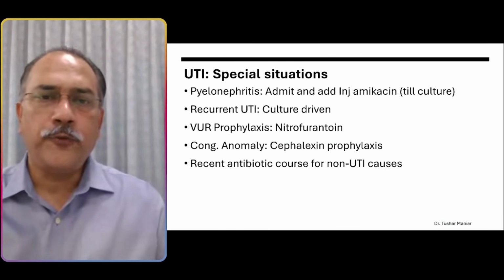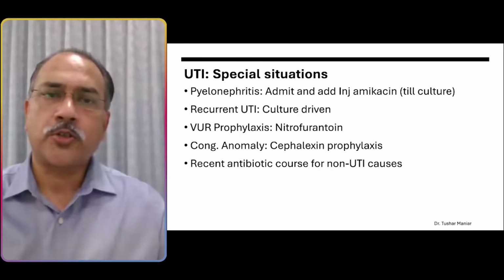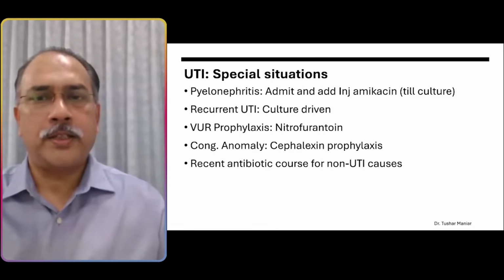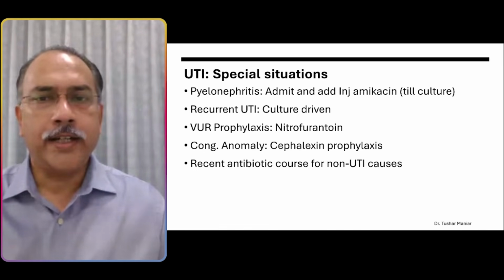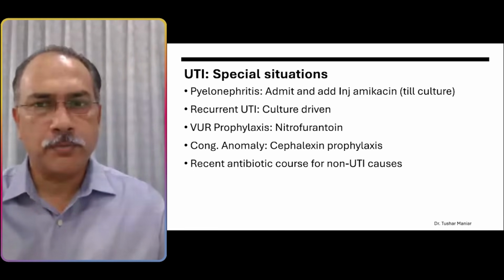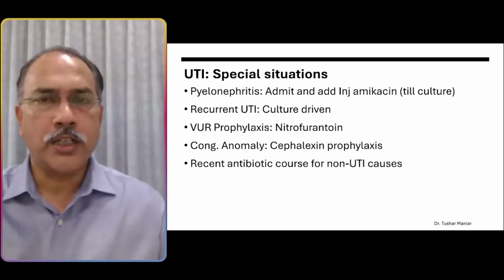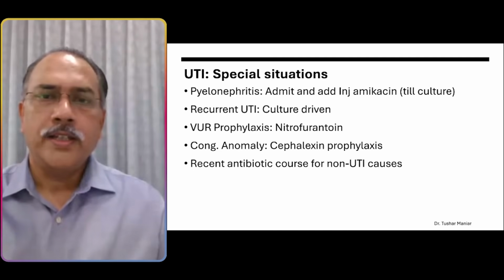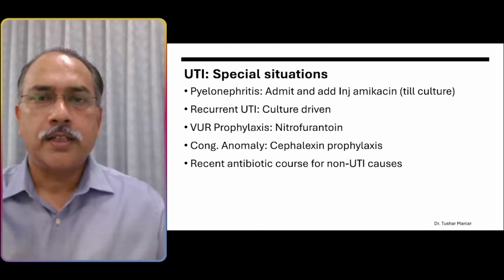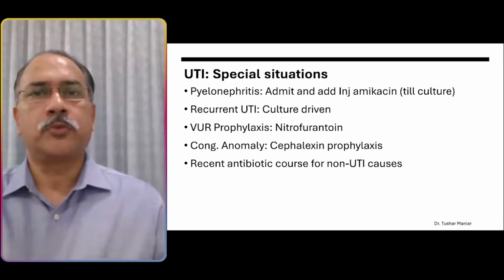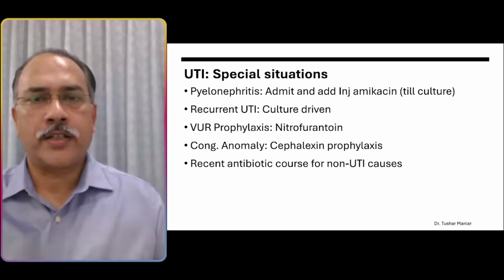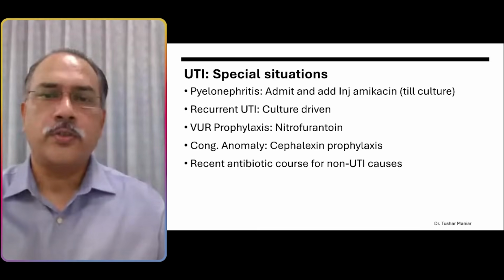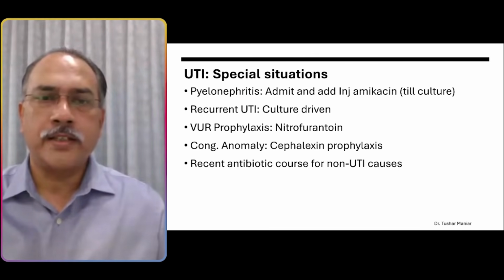different choices. If you suspected vomiting, abdominal pain, sonography showed pyelonephritis, you would not give oral antibiotics. You would admit the child and give a cephalosporin with an amikacin and then wait for the culture and then de-escalate or change the antibiotic accordingly. If this was a recurrent UTI, one would again wait for the culture to come through, not in a rush to start an antibiotic, and try to find out the cause of UTI, which could be like in the next